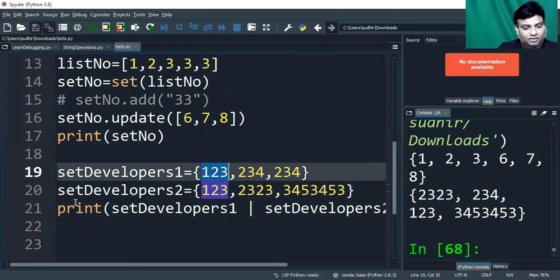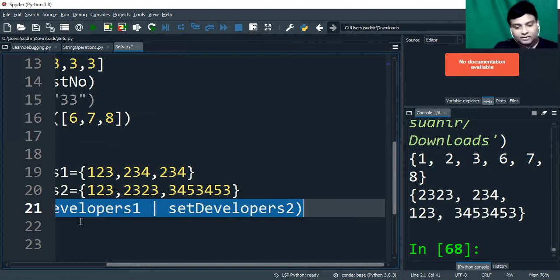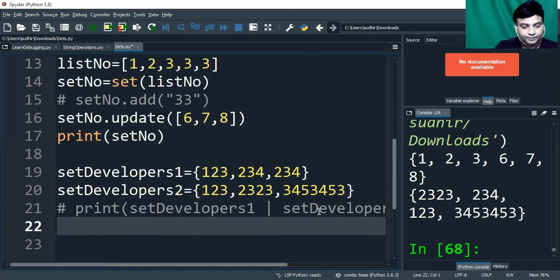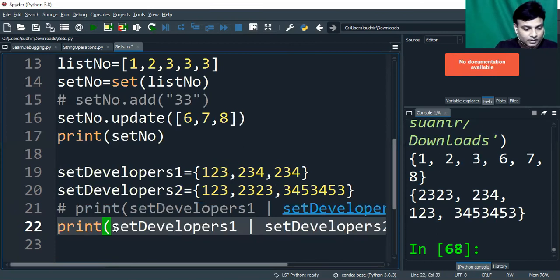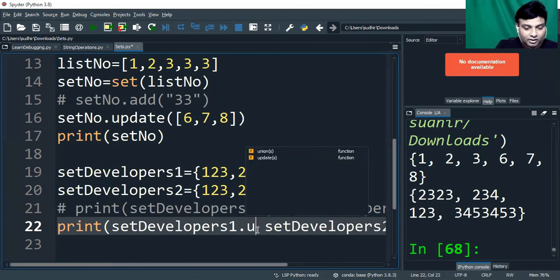And the same way, guys, the same operation we can do with functions as well. This was using the operator, but we do have a function to use. I'll comment this line and show you that. Instead of using this operator, I can use a function. Which function is available over here? See, union is there, right?